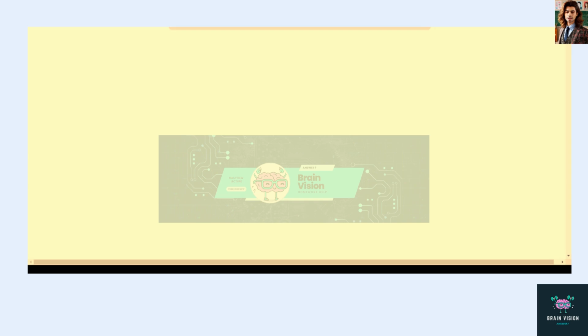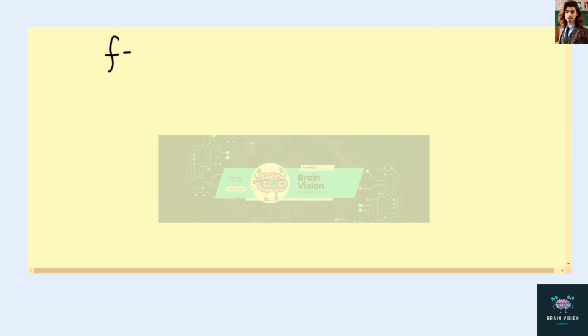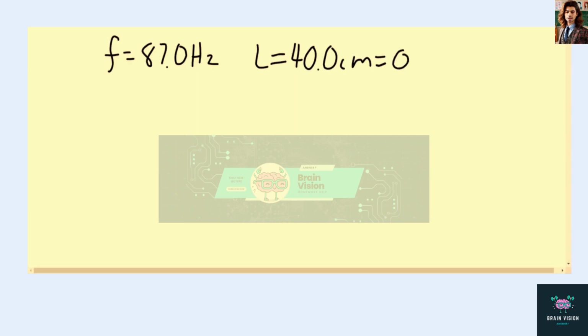Okay, so in this question, we're dealing with the wooden bar on a marimba. And we're told that the frequency of this specific wooden bar is 87.0 hertz. And it is 40 centimeters long. So L equals 40.0 centimeters, which is 0.400 meters. And we're also told that the transverse wave of this vibration in the wooden bar has 3 antinodes